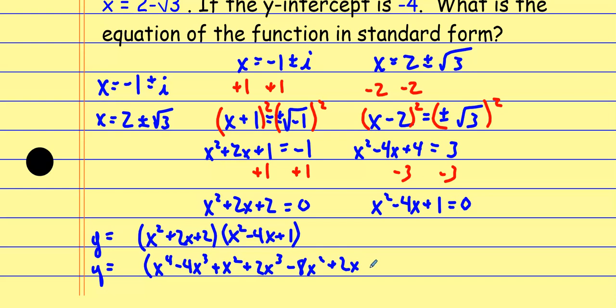And now I distribute the 2. That gives me a plus 2x squared minus 8x and a plus 2. Whew, and now I can combine all those like terms. Let me go ahead and do that. Let's see, that's going to give me an x to the fourth, a negative 2x cubed,